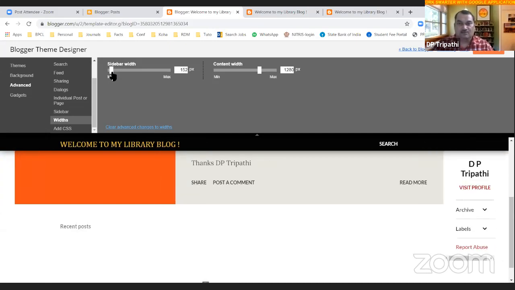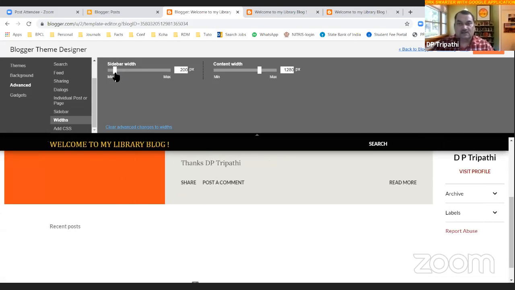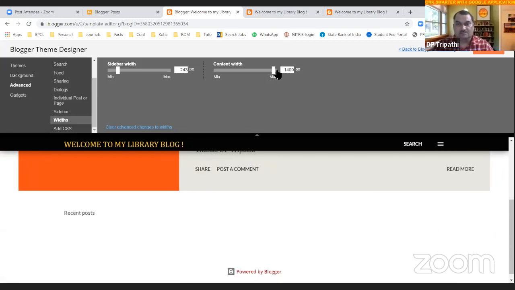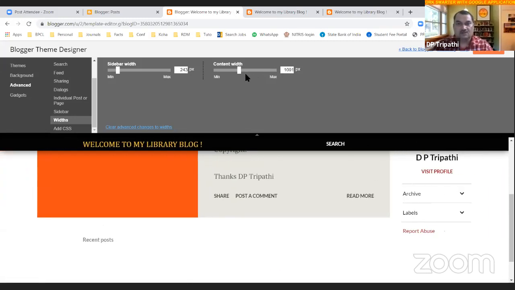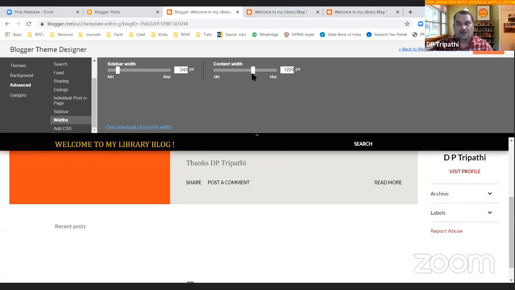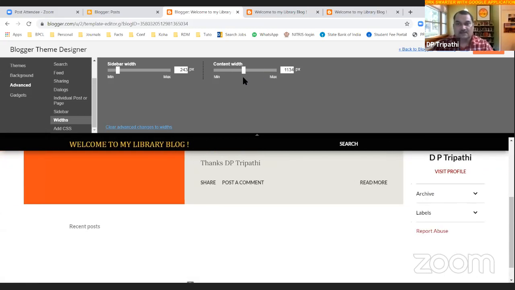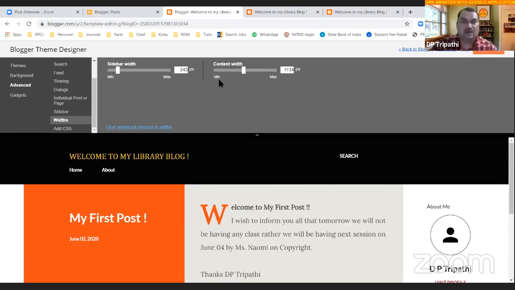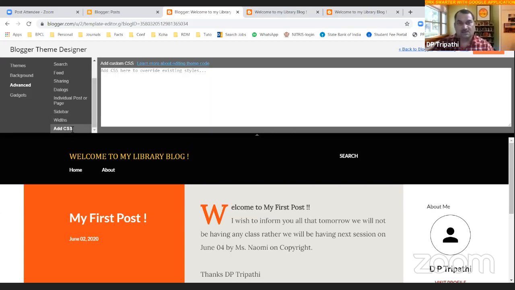You see here when I'm moving, it is just affecting my sidebar width. And if you want to make the content width a little bigger, you can control it like this. If I move left and right, I can see that the whole page is moving here and there. So it gives me full control over my content and my sidebar. And if I'm still not happy, I can add CSS